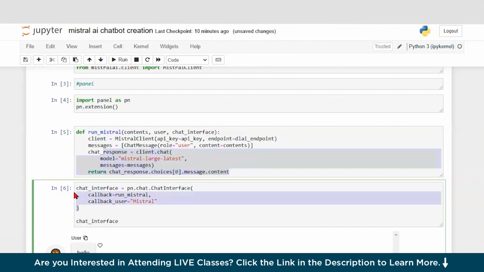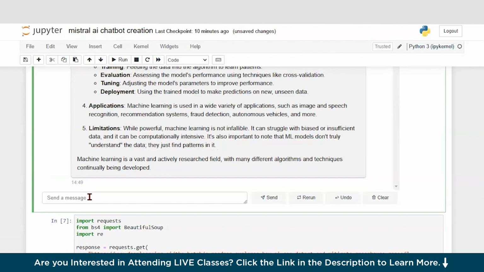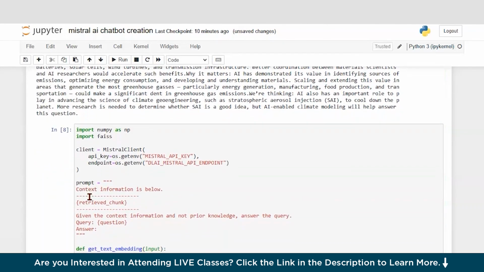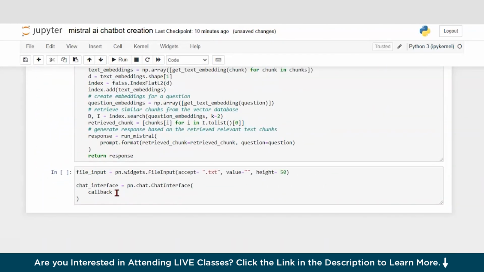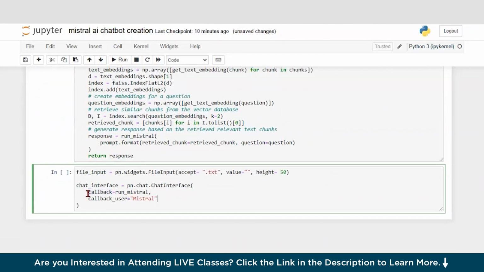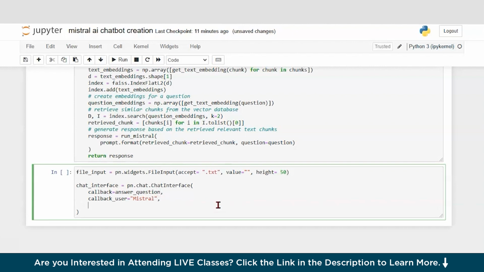Just copy it and paste it here. So just run Mistral, you have to write here answer question. Okay, then after that you can write here